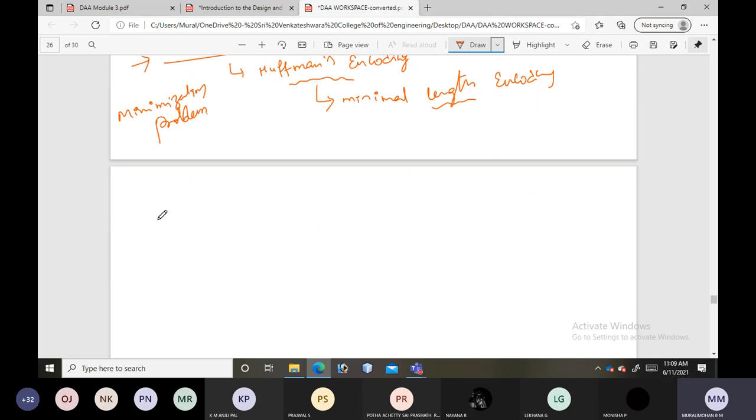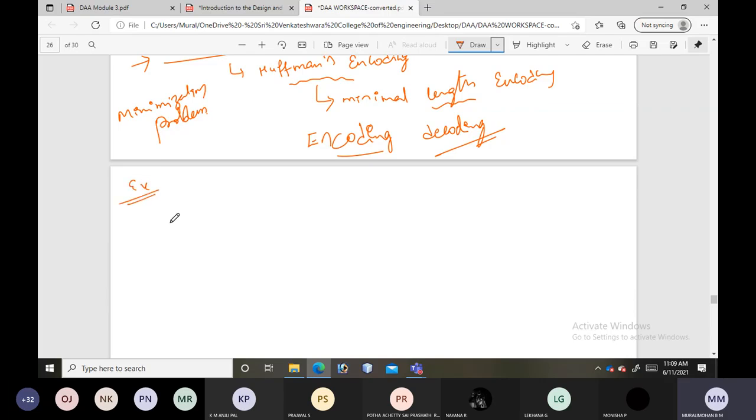Just observe here. We have characters. Kindly remember, we use these for encoding and decoding purposes. To encode this, we should use a minimum number of digits. We will use Huffman's algorithm for encoding and decoding. Since it is a minimization problem, we should use a minimum number of digits to encode. So let us first take an example.